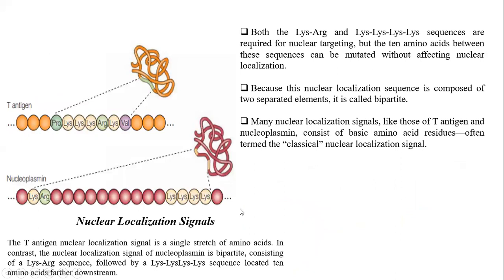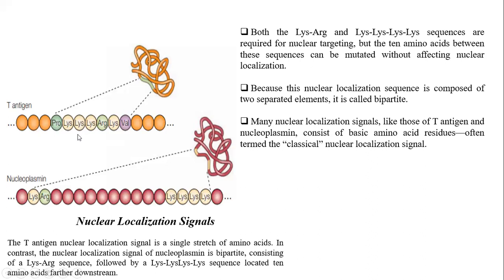Now this is the example like how this NLS looks like। So in the case of the T antigen, so T antigen कहाँ मिलता है आपका SV40 virus में, so in that they have studied first, okay, in the T antigen, later they studied in the nucleoplasm in the eukaryotes, पहले virus में पढ़ा उसके बाद eukaryotes में पढ़ा। So it is a single stretch of amino acids। NLS of nucleoplasm is bipartite। Bipartite मतलब उसका जो signal है it is divided in two parts, here and here, ठीक है। Now when you say bipartite it is divided in two parts। Now why it is important, because it is accordingly going to have interactions with the importins, okay, and then only these importins will bring the nucleoplasm to the nucleus, okay। Now let's see what is the signal over here।